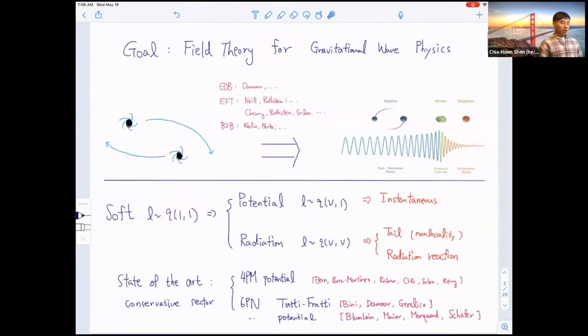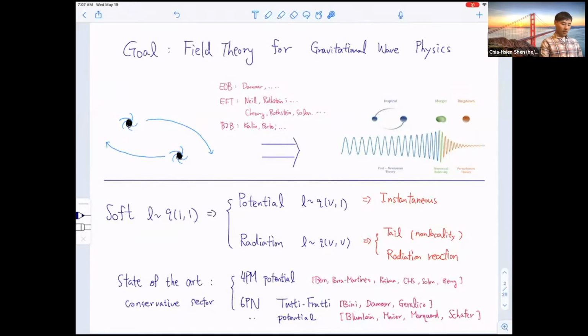So the overall goal of this entire program is to apply field theory techniques for gravitational wave physics. And as particle theorists, we're used to thinking about black hole scattering. And as of now, there are already a number of different techniques, starting from the pioneering work of EOB and effective field theory to the recent P2P map that imports this scattering data into the bound state system that's relevant for like a vehicle. So of course, if we only think about scattering, it makes perfect sense to talk about the so-called soft region, and I will give you the full answer.